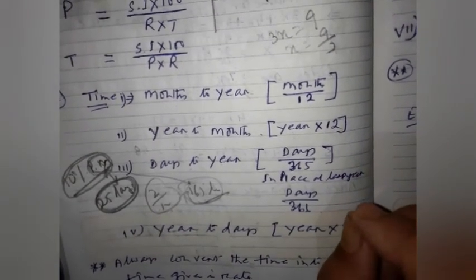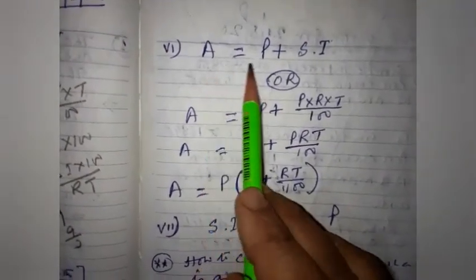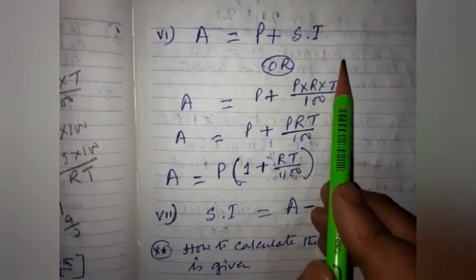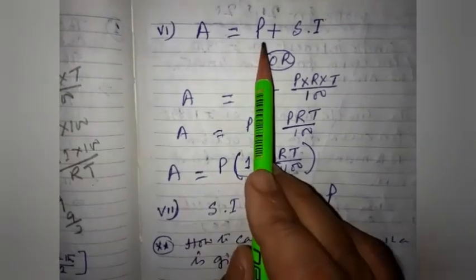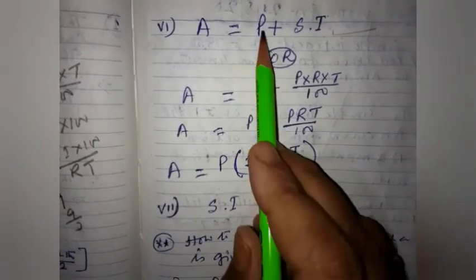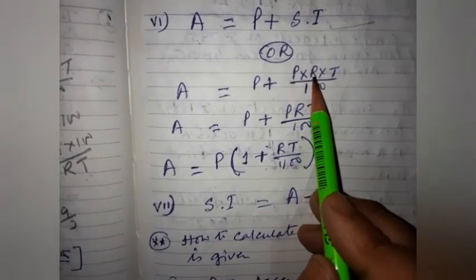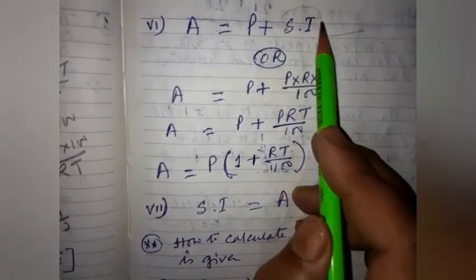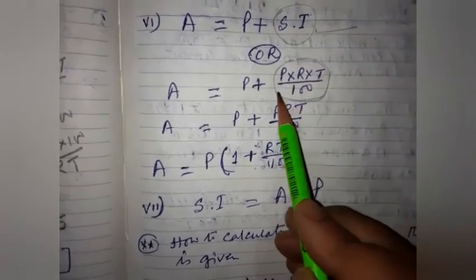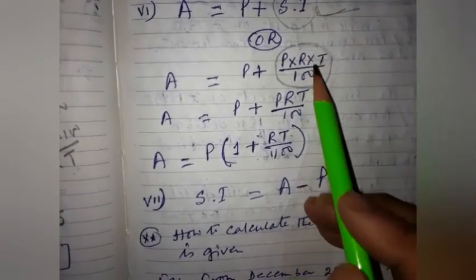Now, one more thing: you must know how to find out the amount. Amount equals principal plus simple interest. The amount can be found in two ways. One easiest way: amount equals principal plus SI. What is the other way? Amount equals P plus SI, and in place of SI, how do we find the SI? You can find the SI by P into R into T by 100. I have written the formula for the SI and calculated it. So it can be done directly this way, or by this way also.